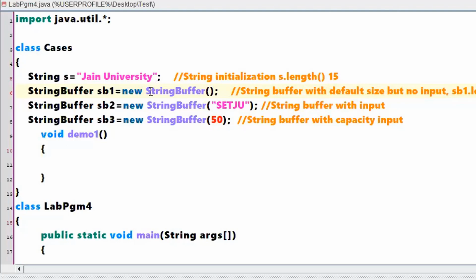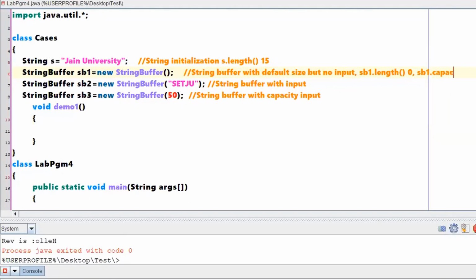Clear? Right. So if I am calling SB1 dot capacity, what will be the answer? What is the capacity of this particular empty string buffer? Correct, 16. Nice answers. That means you understood the concept of length and capacity.